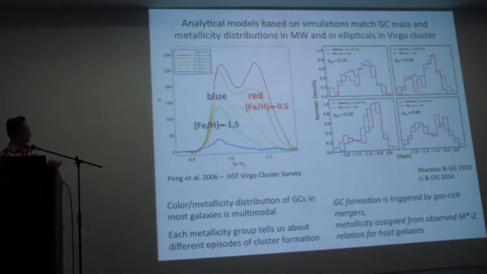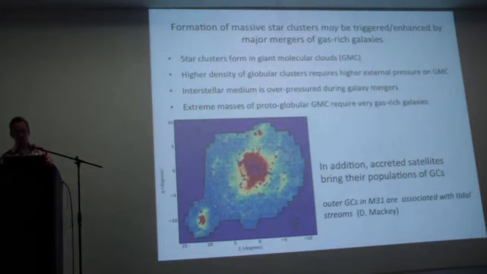Here are examples for the galaxies in the Virgo cluster. This was a hypothesis, and it's just interesting to check, do simulations support this idea? Is there any evidence for gas-rich galaxy mergers promoting formation of clusters, which here in the simulations we can do? And there's a lot of arguments why it's a good idea. To form very massive clusters, you need to have very massive molecular clouds. And just to assemble those molecular clouds is much easier when you have a lot of gas inflow and also higher pressure environment which you produce during these mergers. So it sort of makes sense, but does it happen in detail or not?